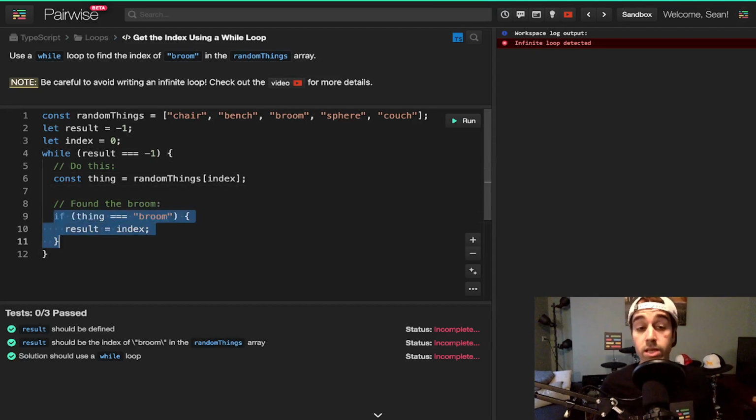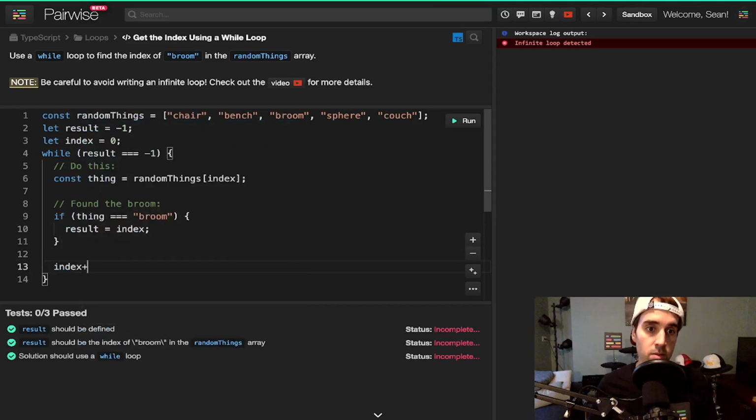So this is a very dangerous thing to use, and it's also worth noting that you want to use while loops a little bit sparingly in your code because of the risk of accidentally introducing an infinite loop in your code. All right, with that said, we want to avoid the infinite loop by coming down here,